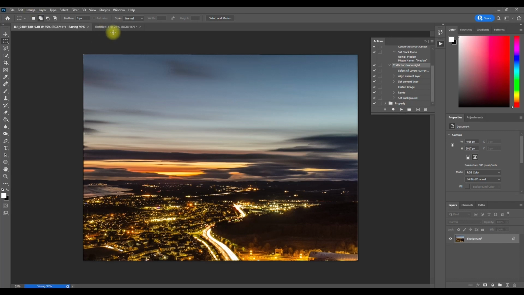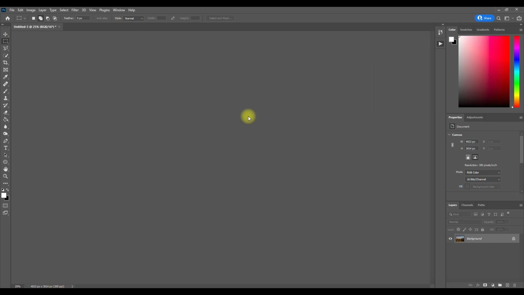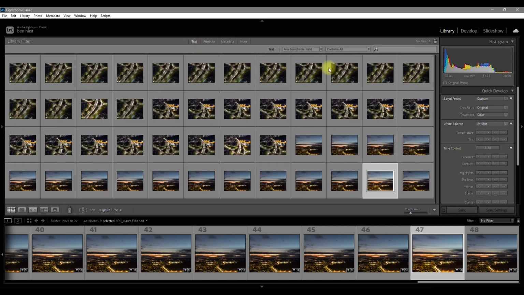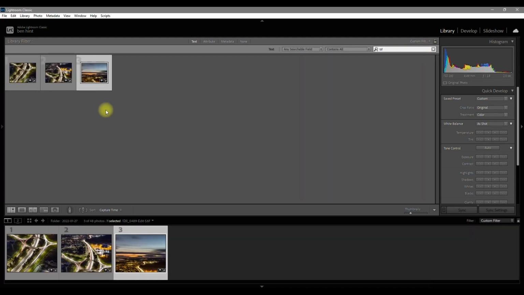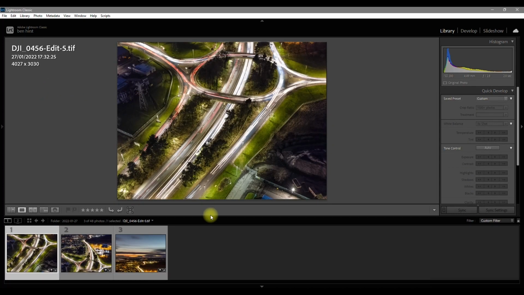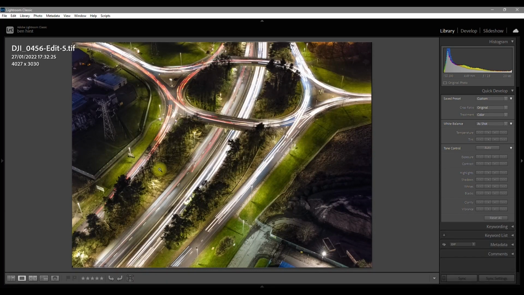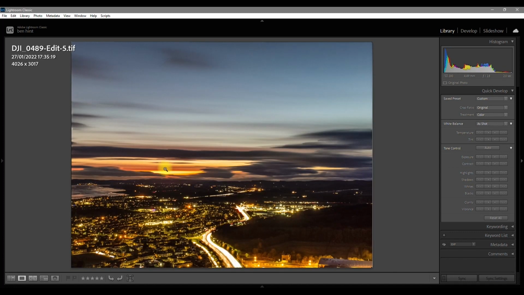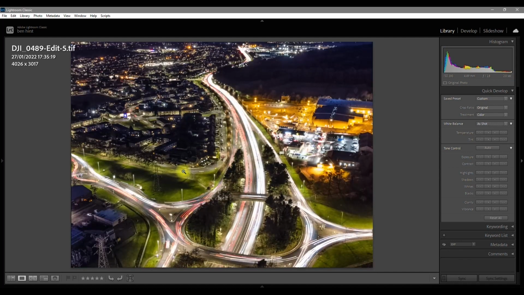Control S to save, saving up here. Once that's done, Control W to close it and send it back to Photoshop. We'll close that final one, we'll pop back over to Photoshop. And what I like to do here is in the library, go to text, type in the word TIFF, and it will just show you your 3 images that you've just done. So that one is the base, the bottom image. Your next one is the center image, and then the next one is the top image. 3 different frames for your